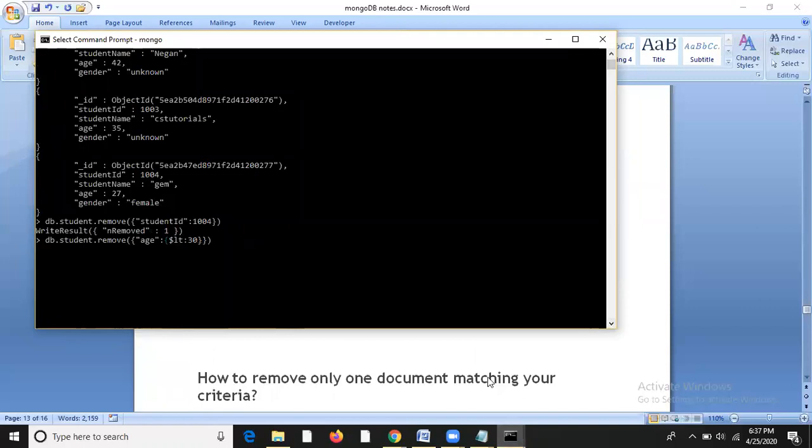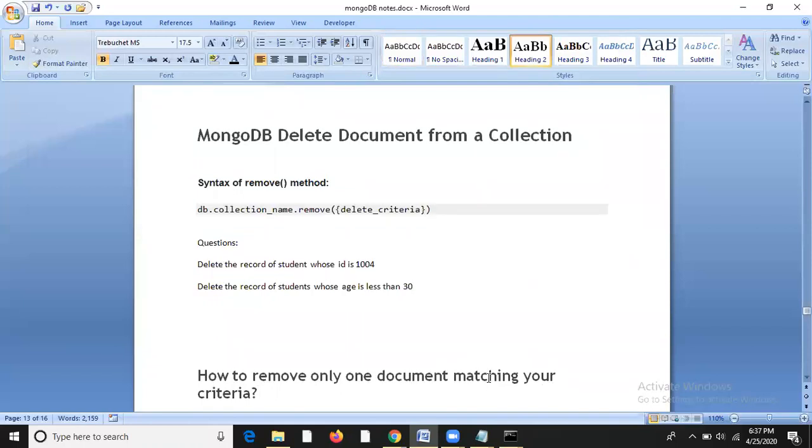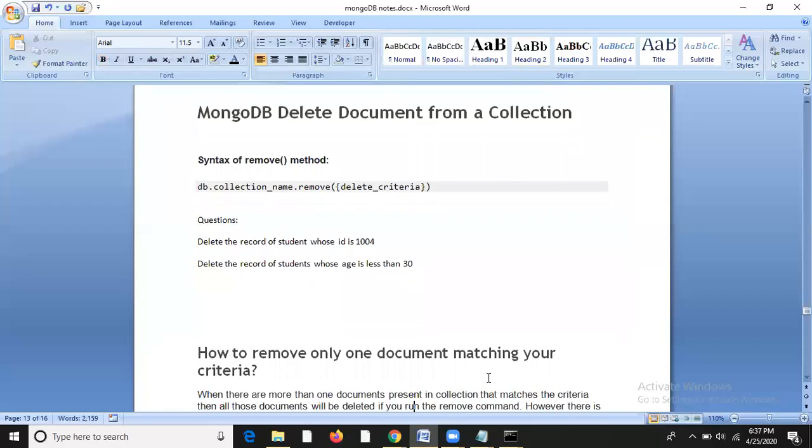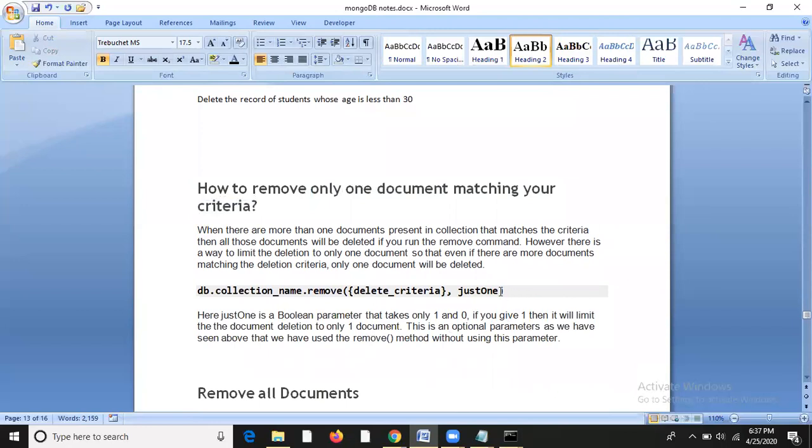What if I don't want to remove two records, or I don't want to remove more than one record? For example, if I want to remove only one document matching your criteria, then I have to use a parameter called justOne. The value this parameter accepts is a boolean value, which means it can be 1 or 0.